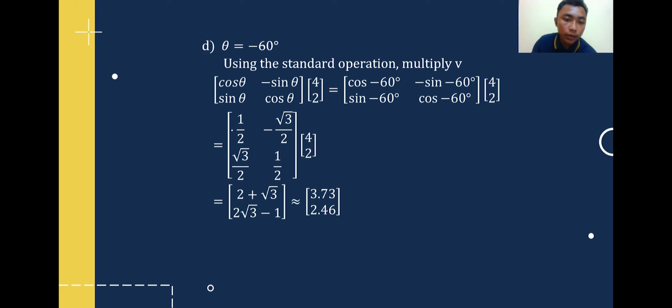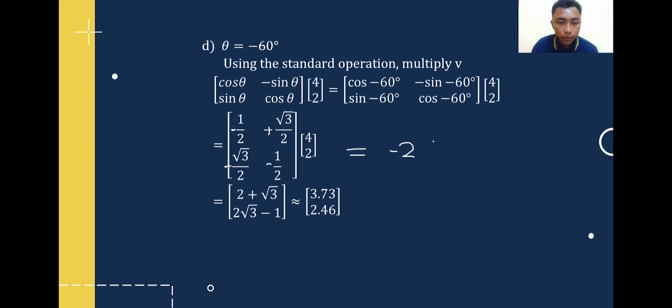So this should be minus, this plus, this minus, and this minus. So the result will be different. The result will be like this: